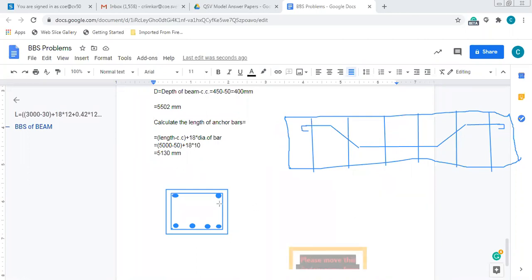So our next step is to calculate the length of these particular stirrups. Less than 1 minute is left to conclude this session. If the session concludes, please rejoin the session immediately, so that we will discuss the calculation of the length of stirrups. Please rejoin immediately if the session ends within a few seconds.